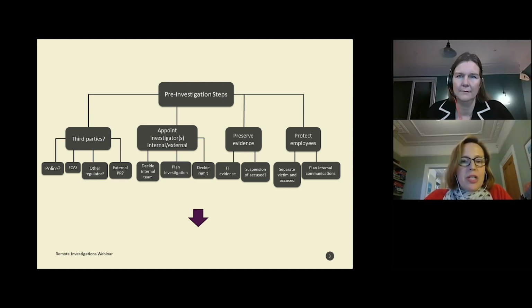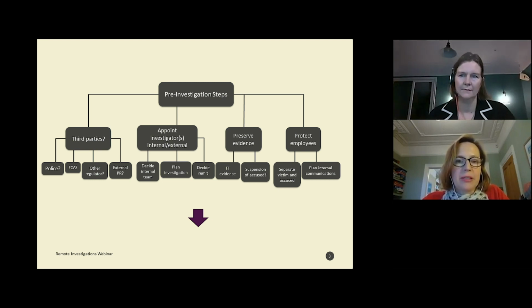Some organisations ask lawyers to carry out the investigation on their behalf. It's becoming increasingly common, and it's something that we've done on many occasions. And one question we often get asked is whether the investigation documents and correspondence around that is protected by legal professional privilege if it's carried out by lawyers. Now, as you may know, if documents are privileged, they don't need to be disclosed in any employment tribunal